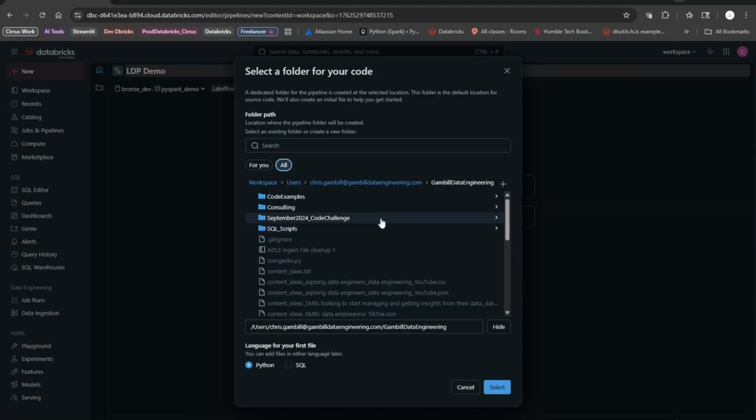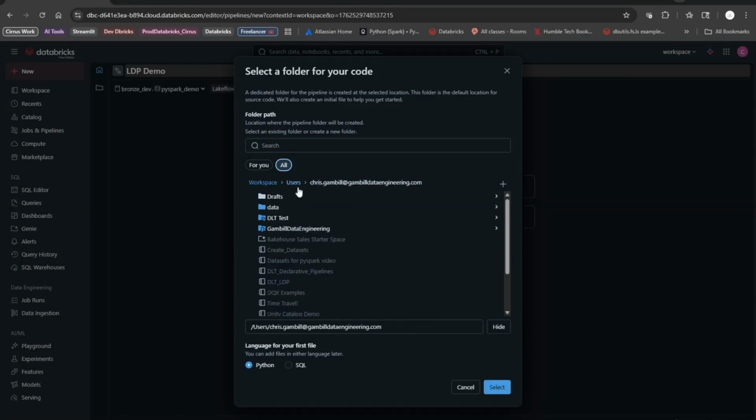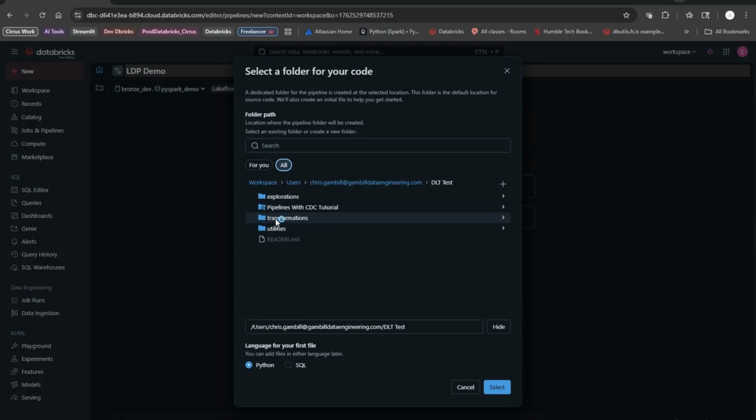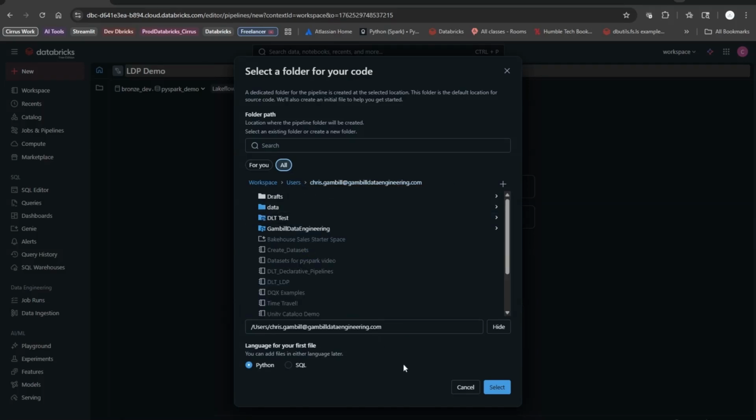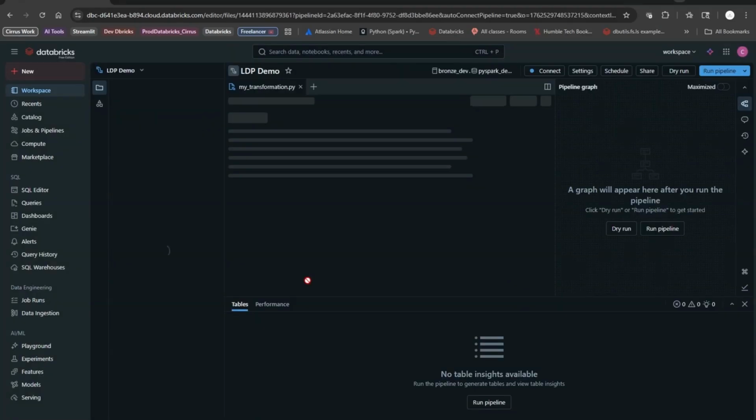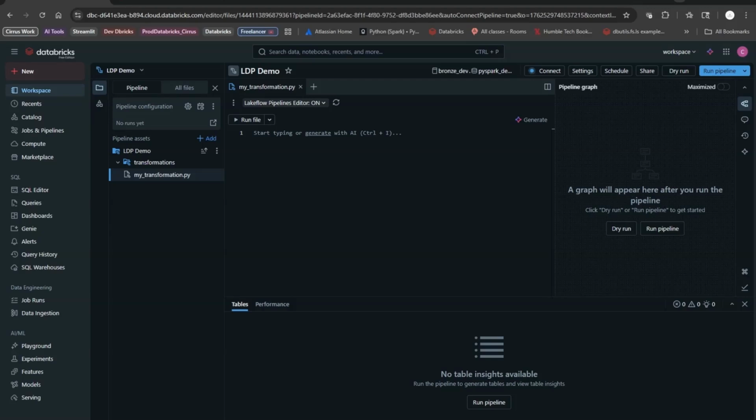into our bronze table. So here we're going to add a decorator called append flow, and this is going to be the name of the node for the pipeline. So sales bronze ingest flow. Now we're going to spark.read stream. Our format's always going to be cloud files .format. This piece